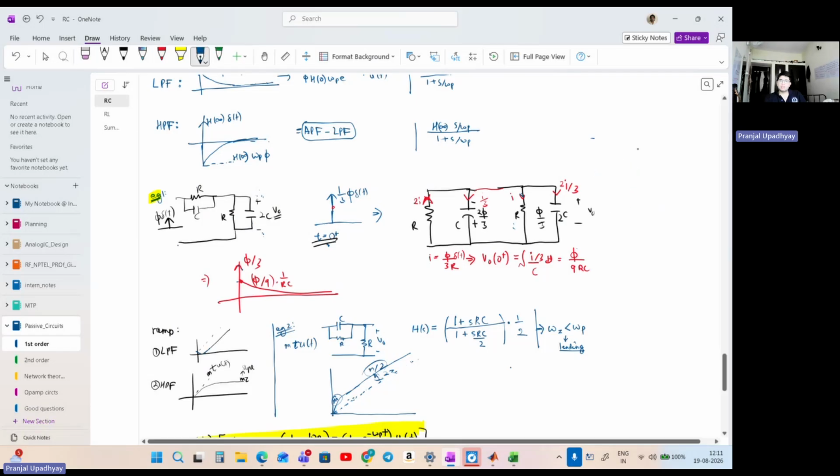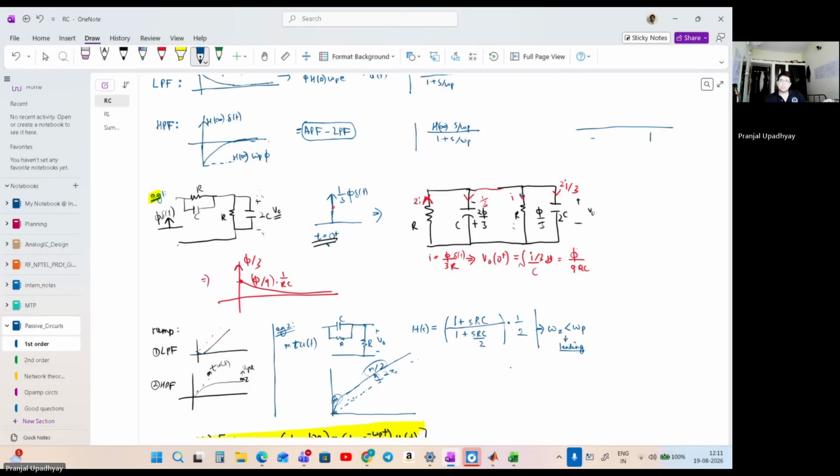So again, let us try to sketch the pole of the circuit. The pole of the circuit, or rather the time constant associated with this, will be R by 2 and 3C. And the zero of the circuit will be when either this guy goes to zero, or when this guy goes to infinite, right? So what I basically want to convey over here is that this transfer function is simply 1 by